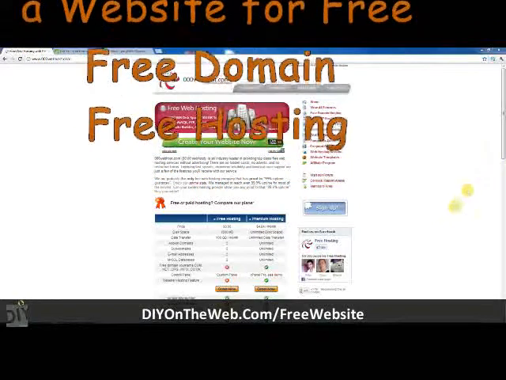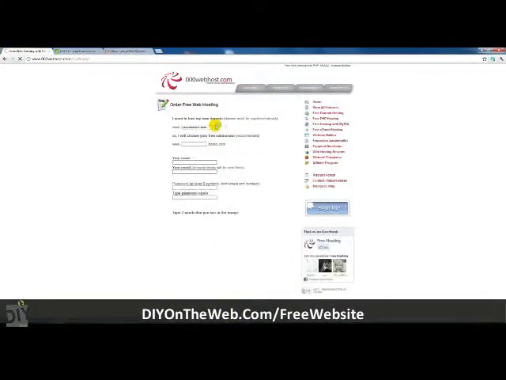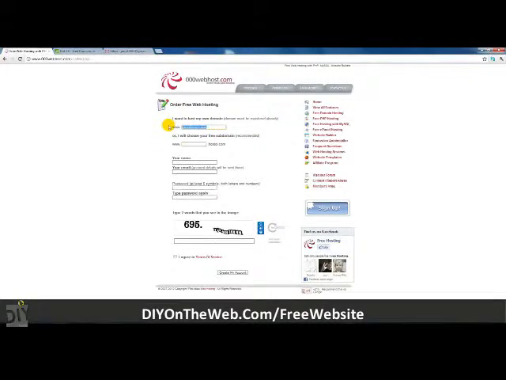Once you're on the free hosting website, the first thing you want to do is click the orange Order Now button. This will take you to a page where you can enter the domain, name, email, and password. Be sure to pick a domain which is available, and it must be a .tk extension for it to be completely free. So for this tutorial, I'll be using